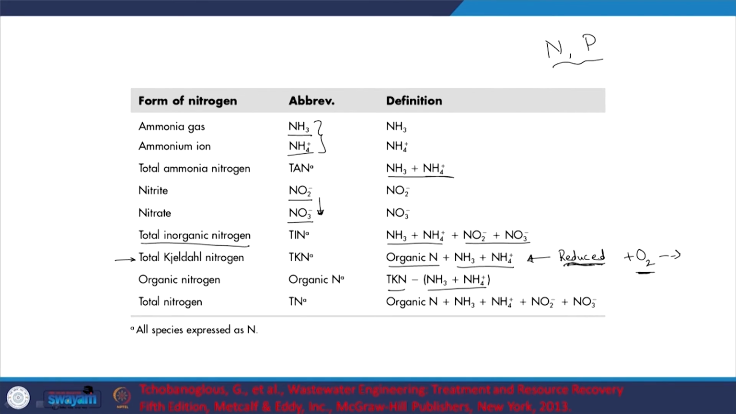So, how do I measure this TKN? Typically I need to convert this fraction of organic nitrogen into ammonia. So, I am going to apply heat and acid, typically acidic conditions, and this is called digestion, and then I will measure the NH3 and NH4 plus, the converted forms of ammonia. So, how do I measure the organic nitrogen? It is not that I am going to take the difference of these two parameters, but